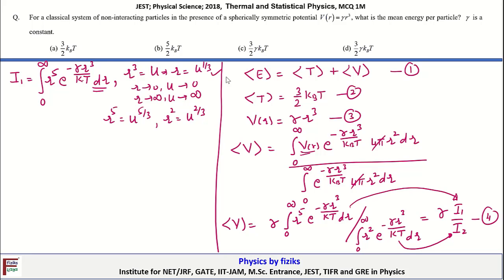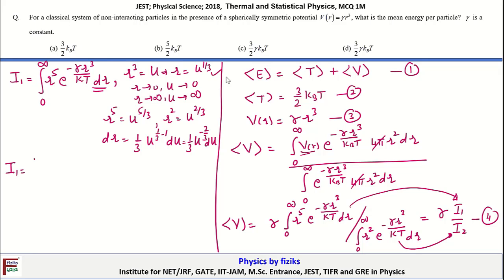Okay, so dr can be written as, from r equal to u^(1/3), dr will be 1/3 u^(1/3 - 1) du, and this is equal to 1/3 u^(-2/3) du. Okay, so with these results the I1 comes out to be equal to